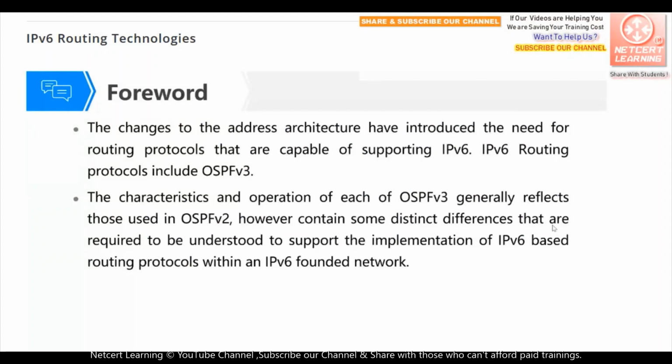The changes to the address architecture have introduced the need for routing protocols that are capable of supporting IPv6. So all of these routing protocols have developed new versions to support the IPv6 network. For example, for the RIP protocol, we developed RIPng to support the IPv6 network. And for OSPF, we developed OSPF version 3